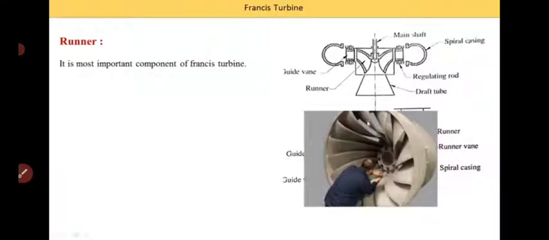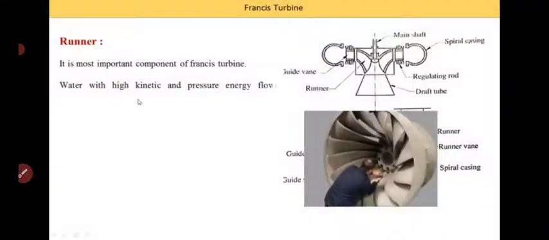So we understand the runner points. The runner has a number of vanes. Okay, so in this image if you count, it is 16 to 24 in number. So the minimum is 16 and up to 24 vanes are used for the runner. So there are two types of vanes. One is the vane in the guide vanes, which have an aerofoil shape, and another is the vanes in the runner.